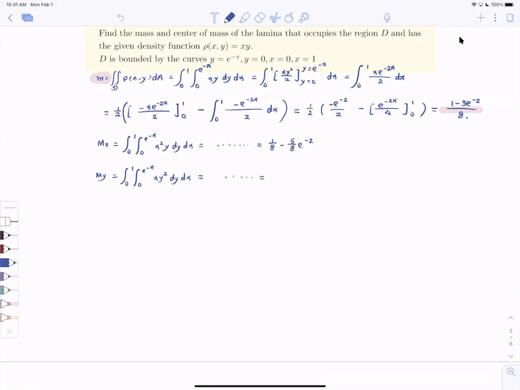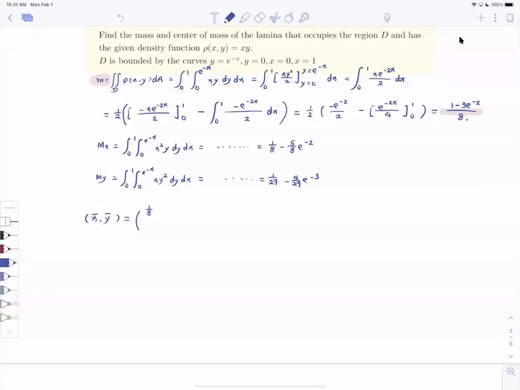That's when you do center of mass. We're not there yet. Yep. So 1 over 27 minus 4 over 27 e to the negative 3. And then you can calculate center of mass. So that's gonna be